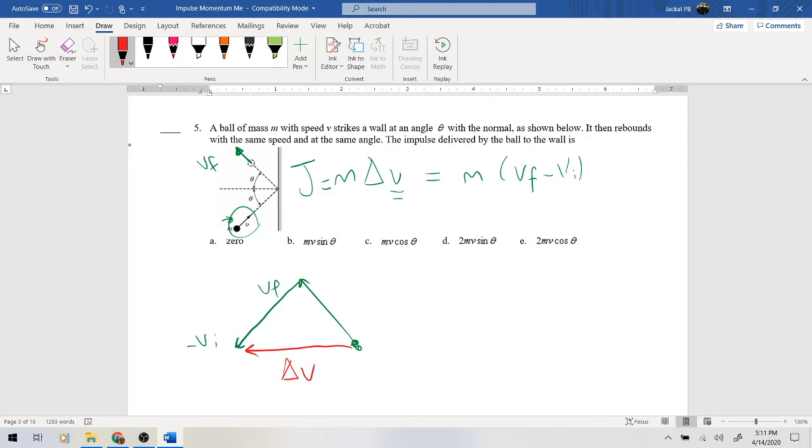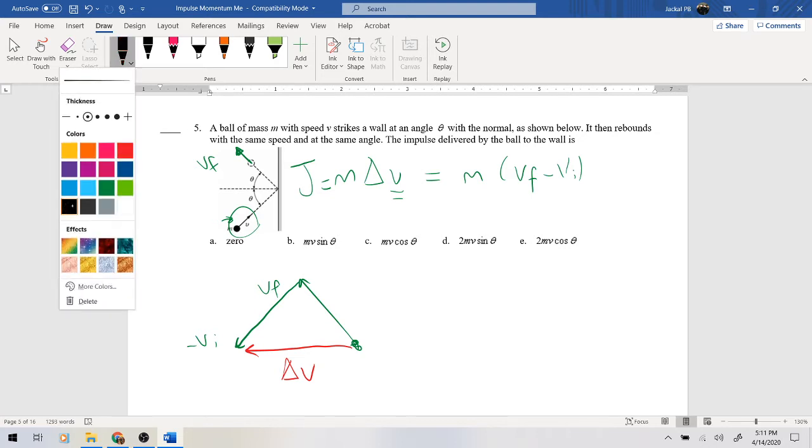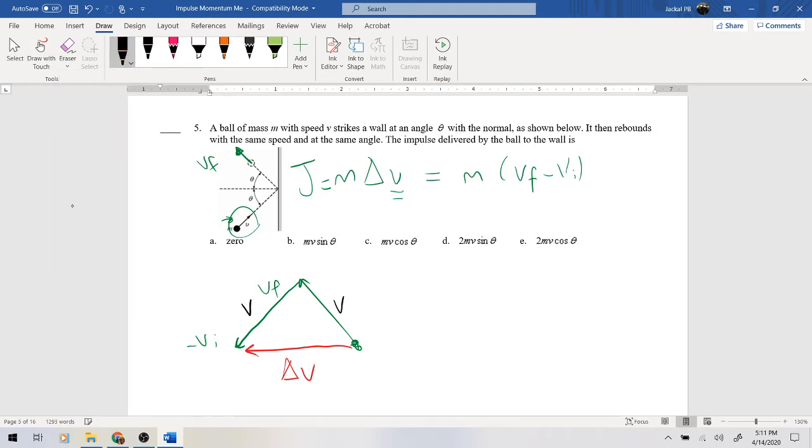So how are we going to find that delta v? These are the same numbers, so I can just use v and v, and the delta v function is going to be